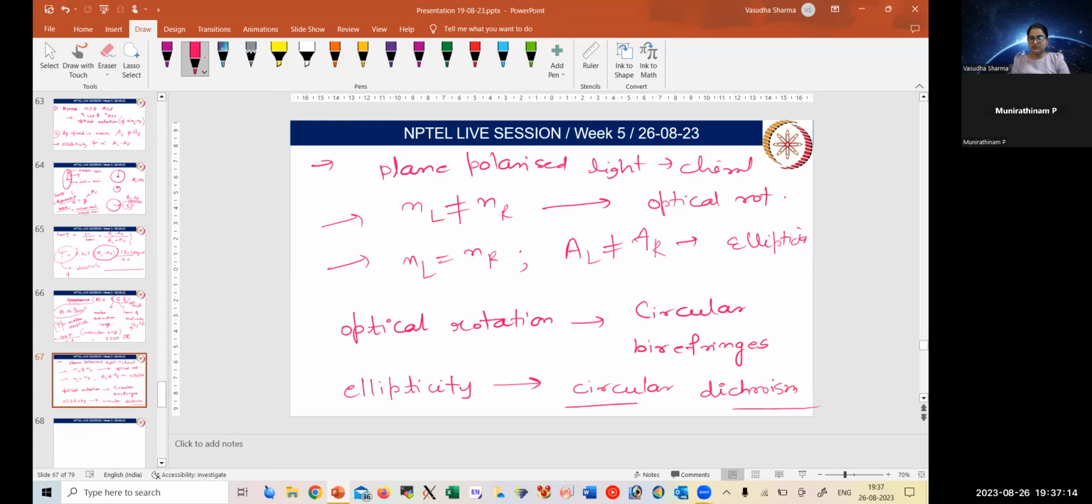Circular is nothing but that circular motion; you already saw that it is going in that particular direction. Di means two and chroism means two kinds of absorbance. So when the plane polarized light itself gives two kinds of absorbance, one part is absorbed more, the other less. That will give rise to ellipticity, and because of that, the phenomenon is known as circular dichroism. Is there any question